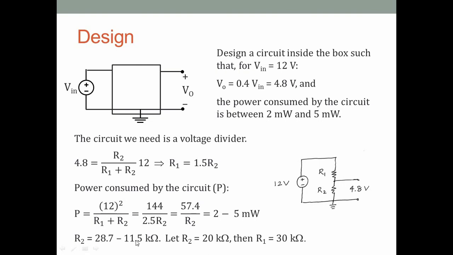Now this is a characteristic of design problems, that generally there is no single answer to the problem. There are many, in fact infinitely many answers possible. Generally speaking, this is true for design problems. So we choose arbitrarily any value for one of the parameters, R2 here, anything in this range. So we say, well, let R2 be equal to 20 kilo ohms. And if R2 is 20, then from this equation we get R1 equal to 30 kilo ohms. So these values satisfy both the conditions.